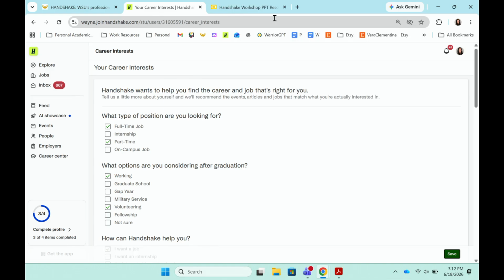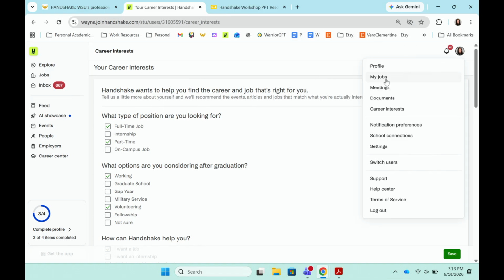So next, we are going to check your visibility settings. So this is how recruiters can either find you, see your profile, or if they can't even view it. And there are so many reasons to each of them as to why you would have either of them. So we are going to walk through. You're going to click your profile icon up here again, and we are going to go to